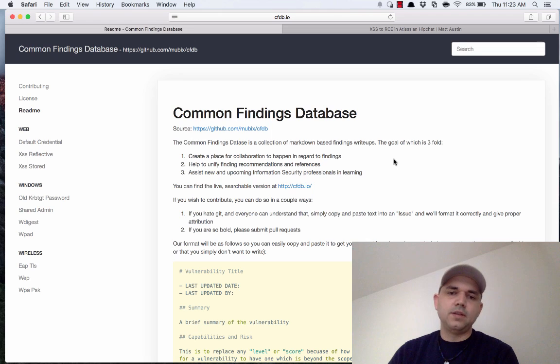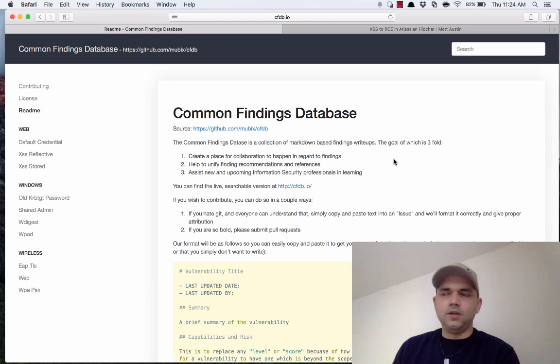The Common Findings Database is a collaboration space for red teamers, blue teamers, and pen testers to collate findings that they find all the time and usually keep in Word documents or other templating formats. It's a chance for red teamers and pen testers to understand what others are recommending or finding, and how they're finding it, the exploitation path, as well as for blue teamers and other infrastructure people to put some reality into what those findings are being reported as, or how to fix